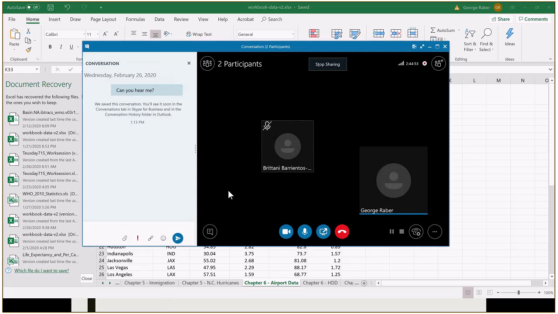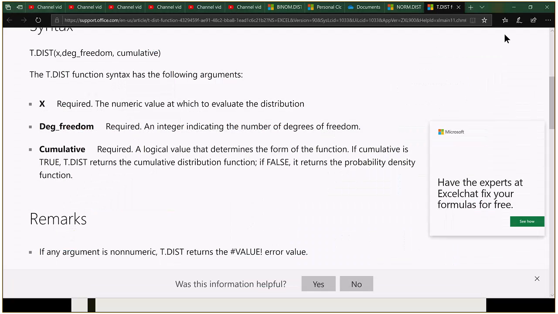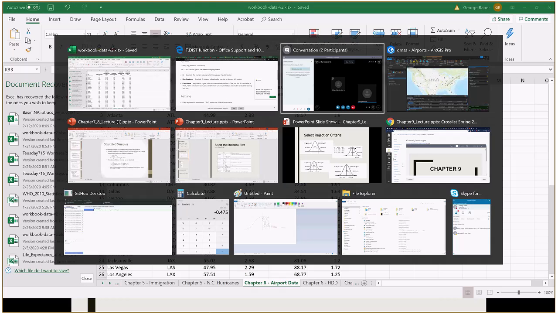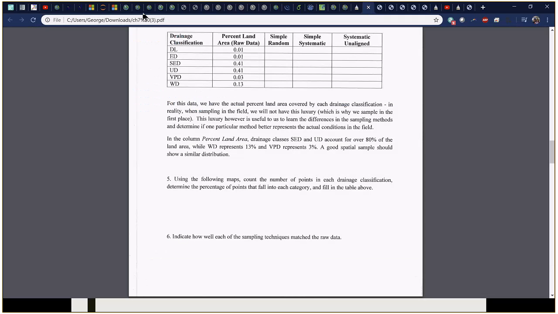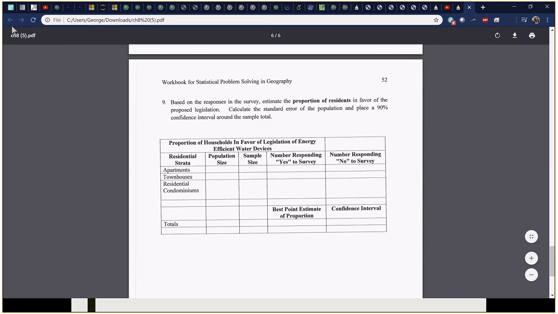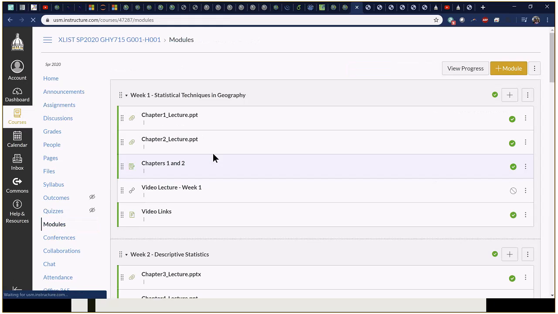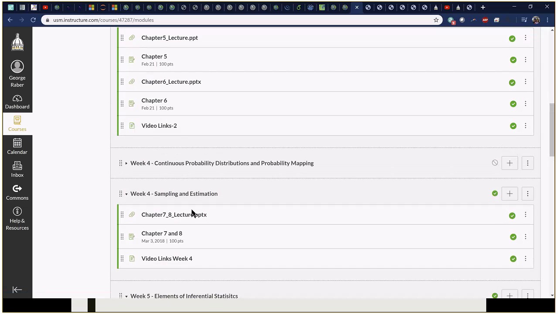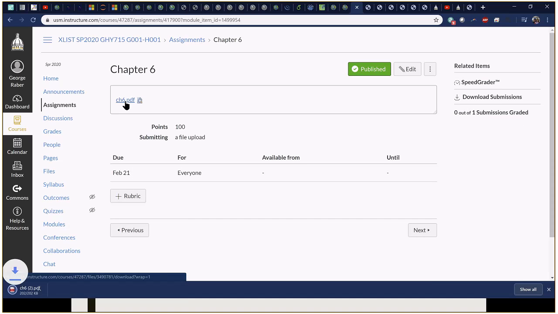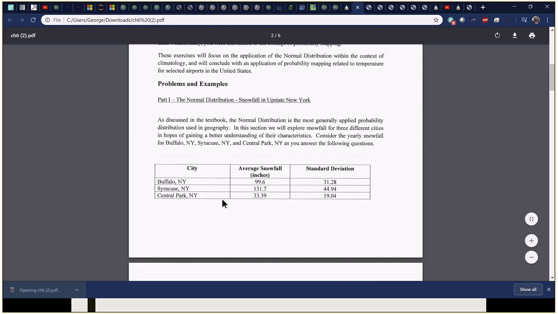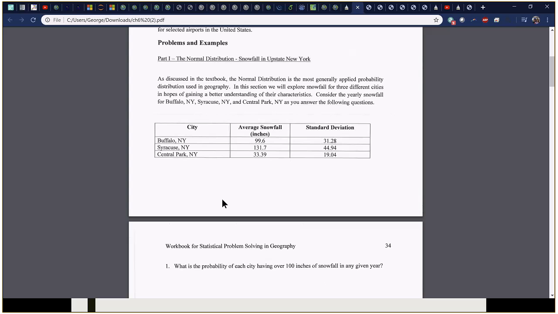Yeah, let me pull it up. Where is, there it is. Modules, 6. Okay. This is the question you referred to? Okay. So yeah, it's asking you to use the normal distribution. Consider the yearly snowfall for Buffalo. What's the probability of each city having over 100